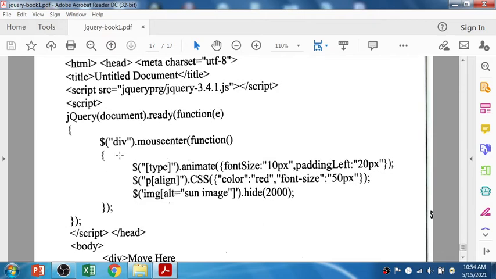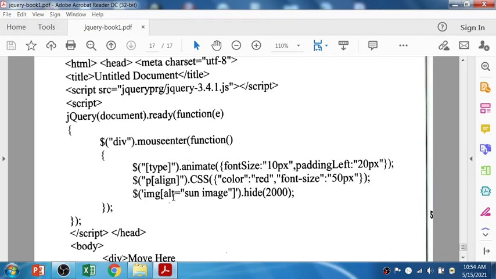See, jQuery document ready, division, mouseenter event by entering the mouse. The type is the attribute, so after that the animate function, so the font size will be 10 pixels, padding left is 20 pixels. p align, so the paragraph's align attribute, right, apply the color red, font size 50 pixels.